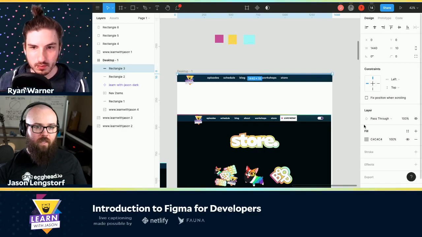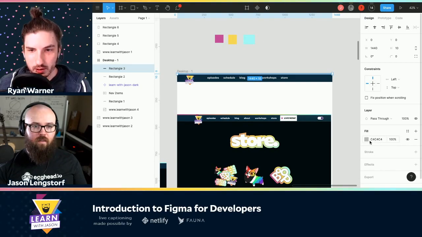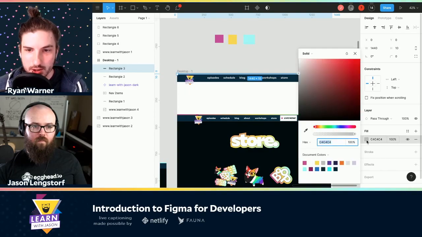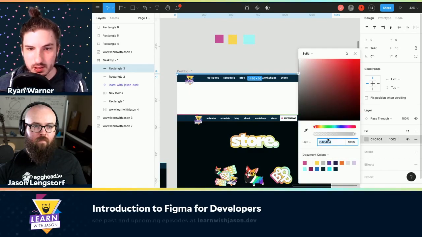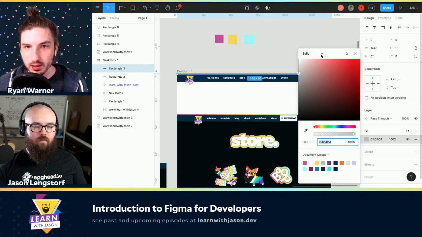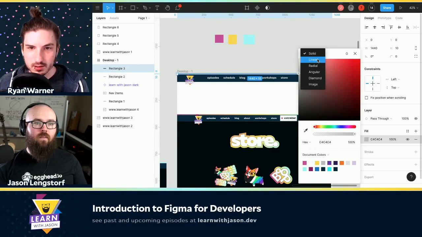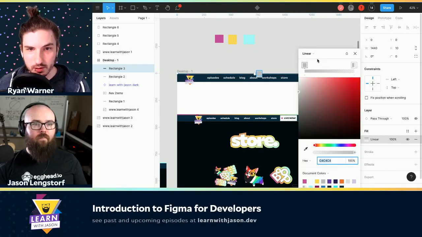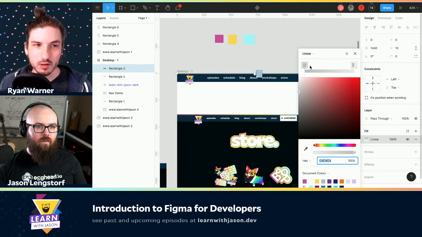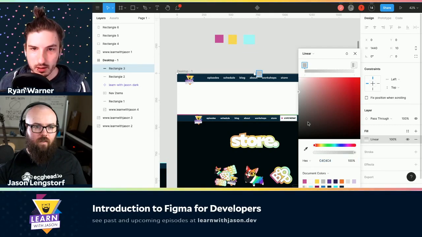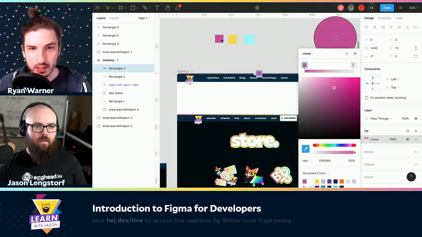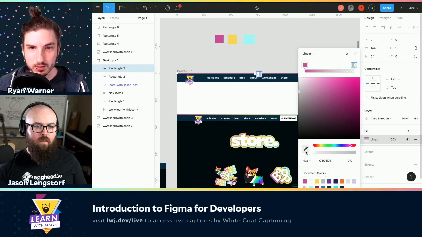So then if I go in here, I'm not sure what I do to make this a gradient. Sure. So click the little square of the color swatch. Yeah. And then in the top left, you see where it says solid? Mm-hmm. There's a drop down there. So click that, and we have some options. Ooh. Different types of gradients. We could use an image as a fill if we wanted to. In our case, we're going to go for the linear gradient. Okay. And it's going to go top to bottom by default. Yeah, go ahead and put the colors in there, and then we'll switch the orientation.